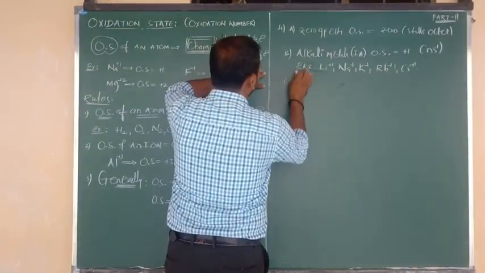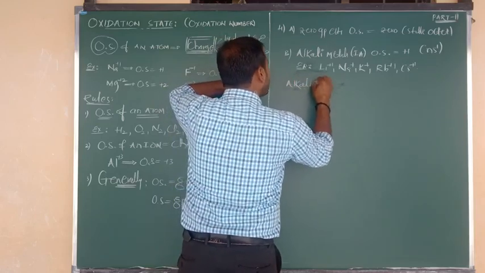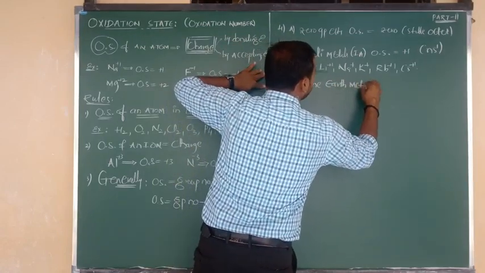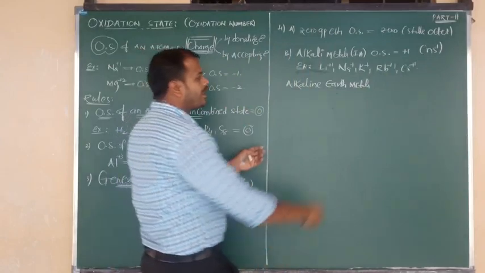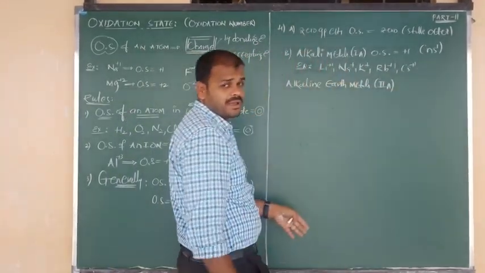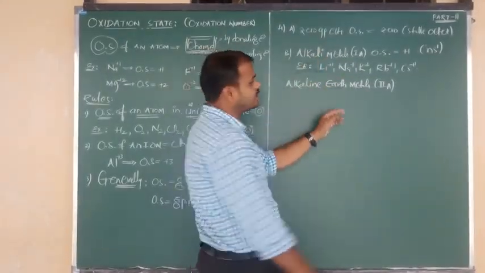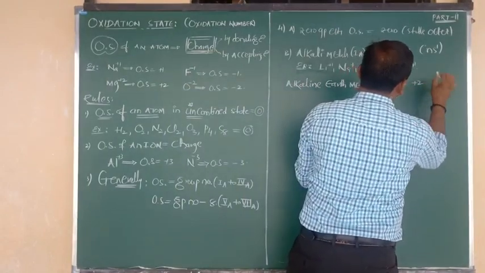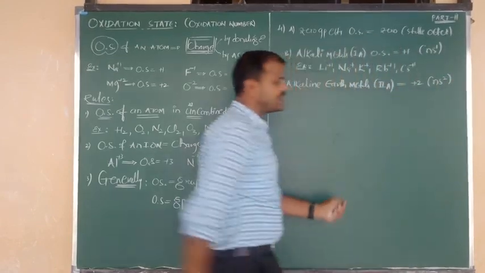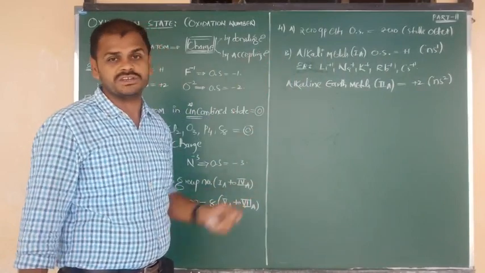Next one I want to tell you is the 2A group. What is meant by 2A group? 2A groups are nothing but the alkaline earth metals, and they also belong to the S block. S block contains 2 groups, 1A group and 2A group. 1A group contains +1, and 2A group, the alkaline earth metals, have oxidation state +2 because their outermost electronic configuration is ns2, and by the loss of 2 electrons they have oxidation number +2.